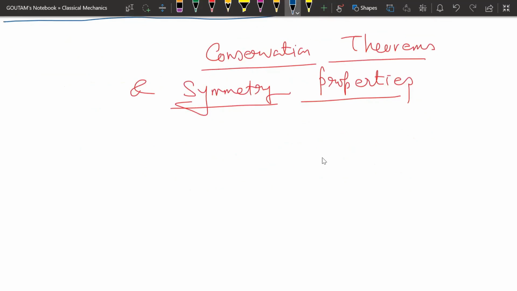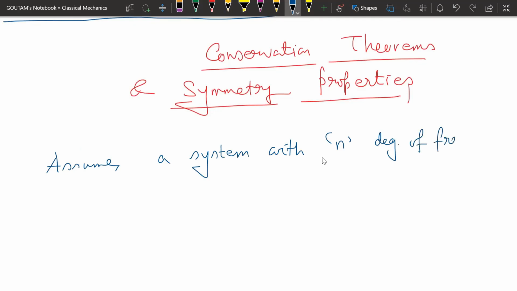Let's say, assume we have a system with n degrees of freedom. So in that case, to specify the motion of the system,